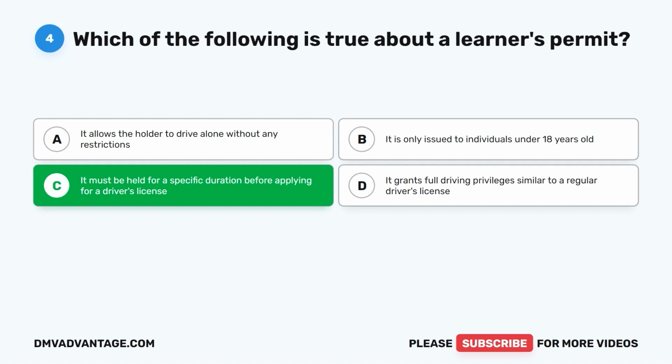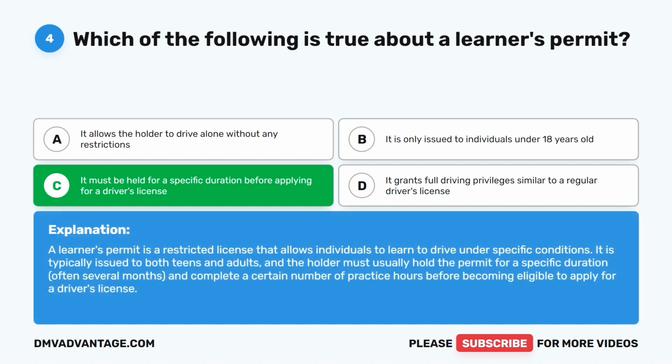The correct answer is C. It must be held for a specific duration before applying for a driver's license. A learner's permit is a restricted license that allows individuals to learn to drive under specific conditions. It is typically issued to both teens and adults, and the holder must usually hold the permit for a specific duration, often several months, and complete a certain number of practice hours before becoming eligible to apply for a driver's